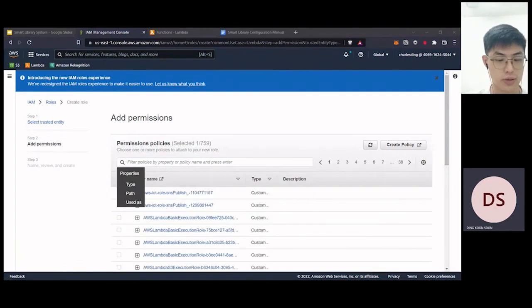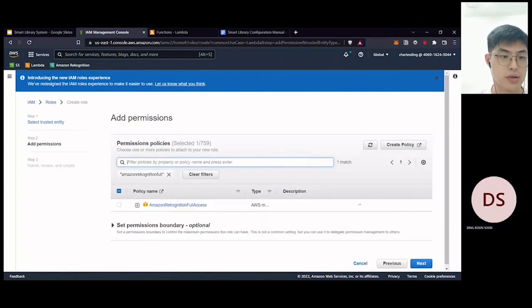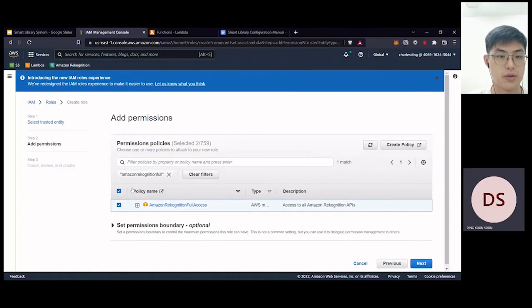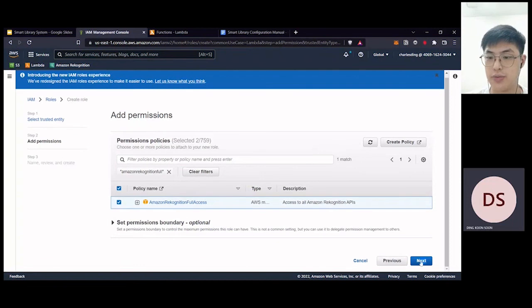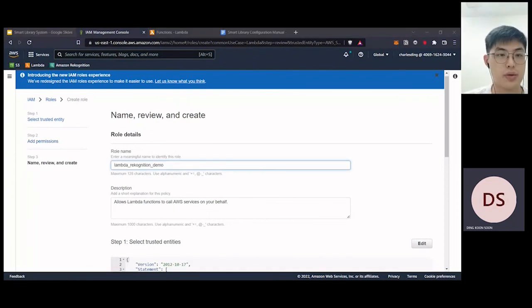So it's Amazon Rekognition Full Access. So now two policies are enough. So click next. Here we can type the name. So after that, just create the role.